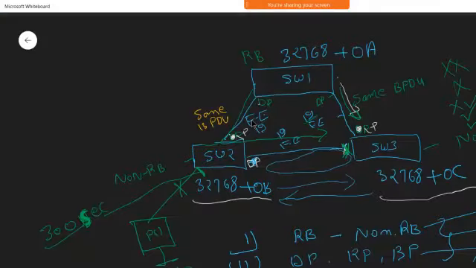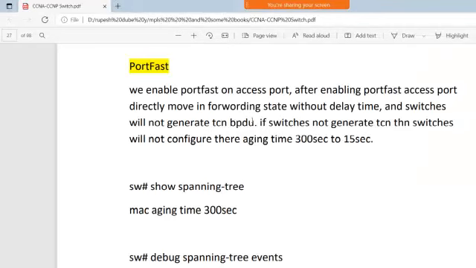If I enable PortFast on this switch, where do I have to enable it? Always where the topology is going to change, on the switch where the PC causes the topology change. Only on that switch we enable PortFast.